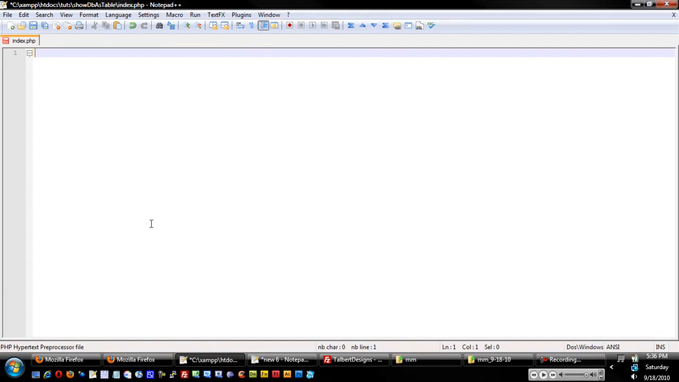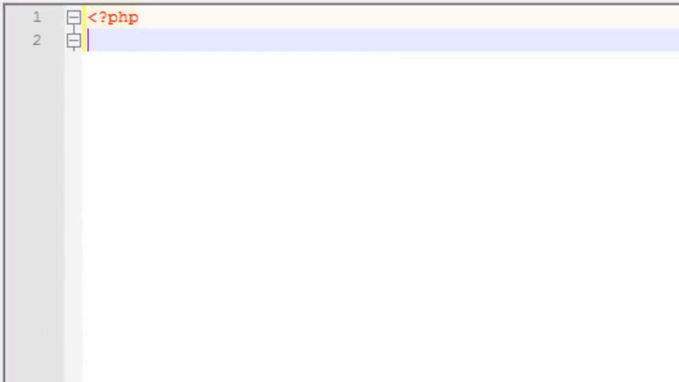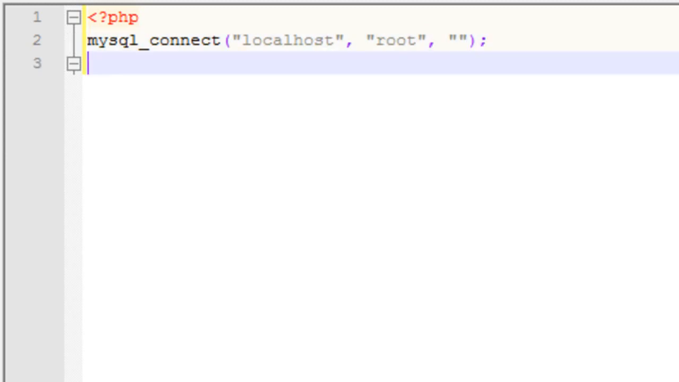So, let's go in a notepad, and the first thing you want to do is connect to your database. I'm going to connect to localhost as my server. Username is root, and I don't have a password. And next thing you're going to do is mysql_select_db, select your database. Mine is tests,